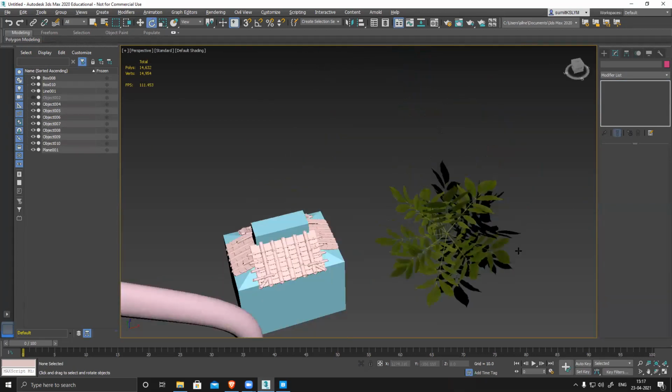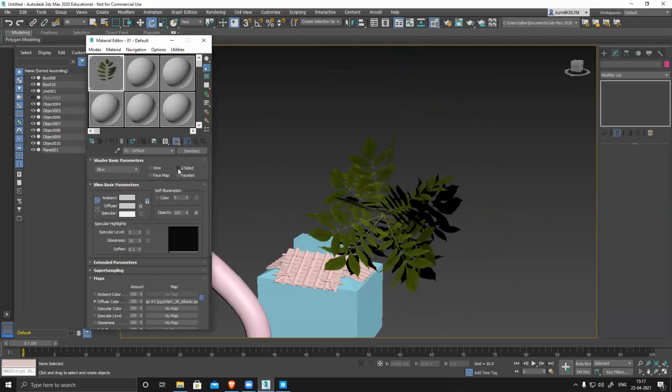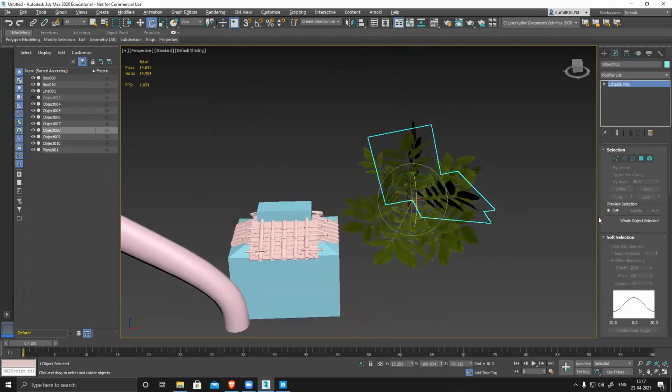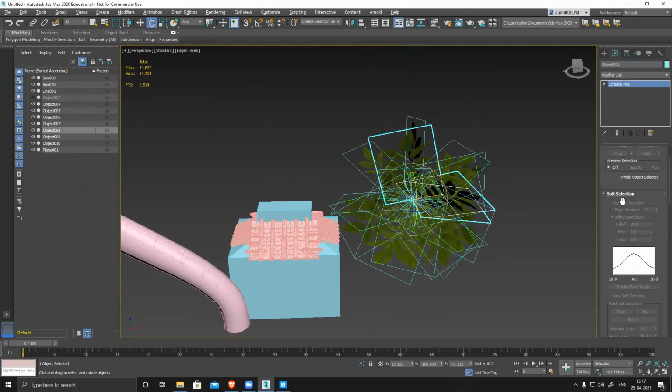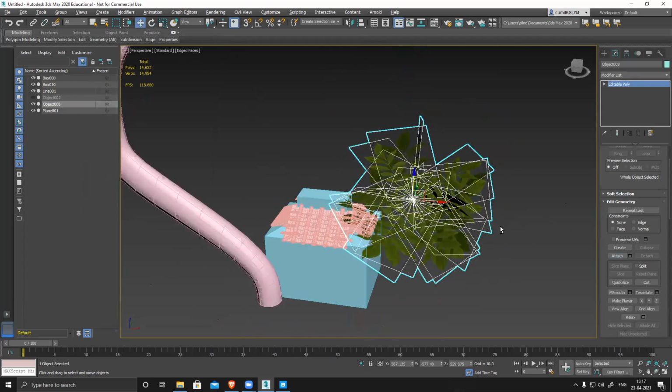So now you can see all the leaves. The only thing I have to do is go to material and make sure it's two-sided. That's it. Now you have all this, and attach them again together. Everything is attached.